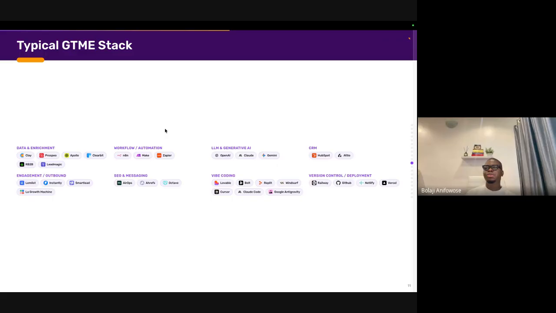Postpil is also another data tool. You can build your lead list. Right now, Postpil shipped their version 2, which means they now have a database you can use to build lead lists. Say your ICPs are CEOs of seed stage companies in Africa. Those are parameters you can use to build a lead list using a tool like Postpil,